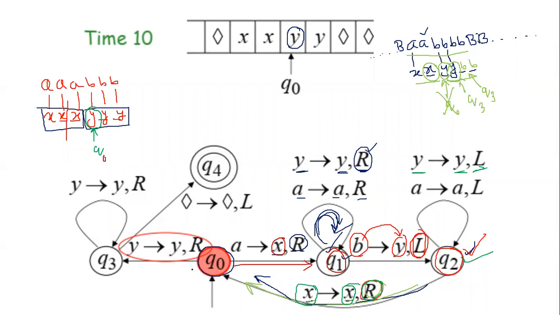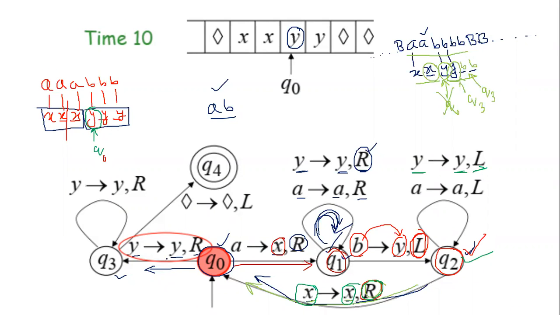What this state diagram does is go from Q0 to a new state Q3, keeping this Y as it is. Because it may happen that I have a single A and a single B. This is also a correct string, A to the power 1, B to the power 1. That's why at least one change of state is required, from Q0 to Q3.